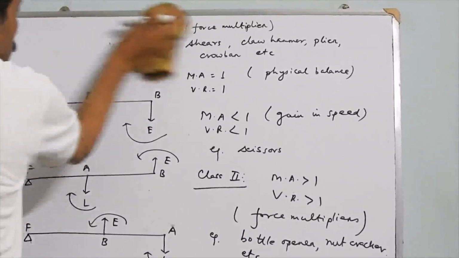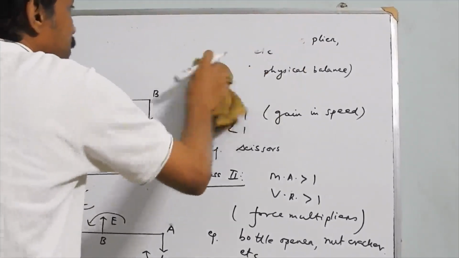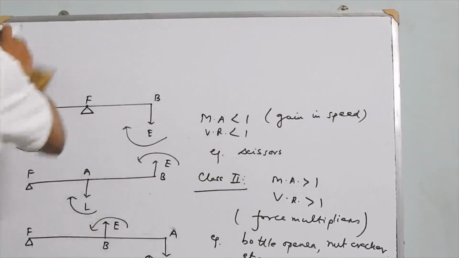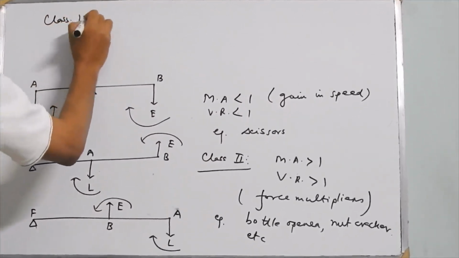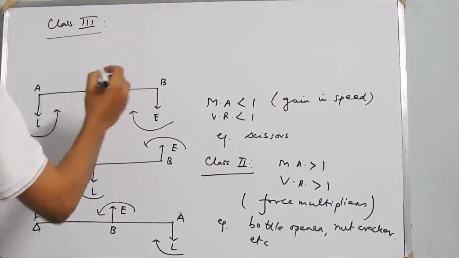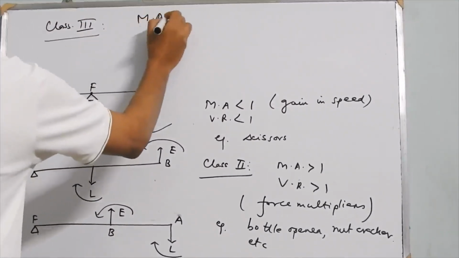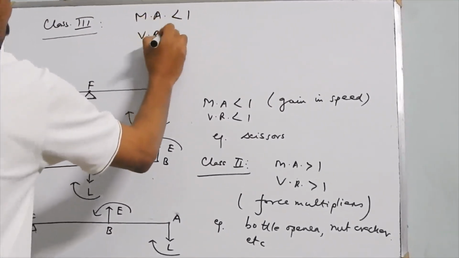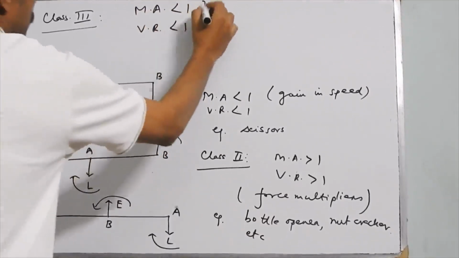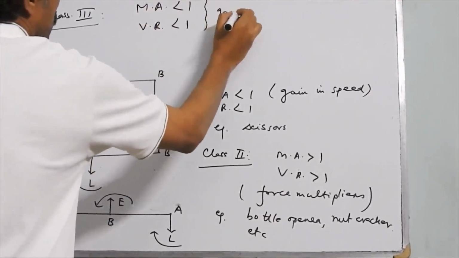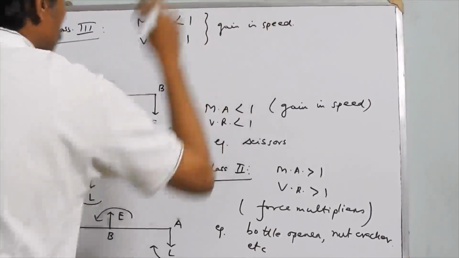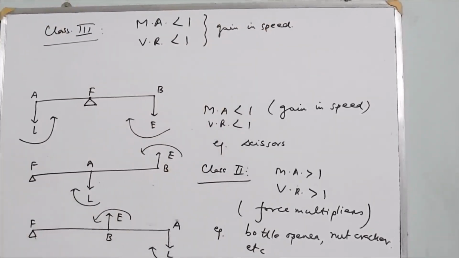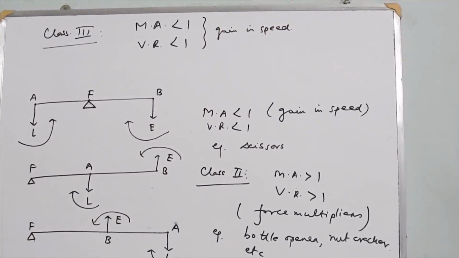So if we go on to class 3 levers, they always have mechanical advantage less than 1 and velocity ratio also less than 1, and definitely they are used to obtain gain in speed. And several examples of class 3 levers are